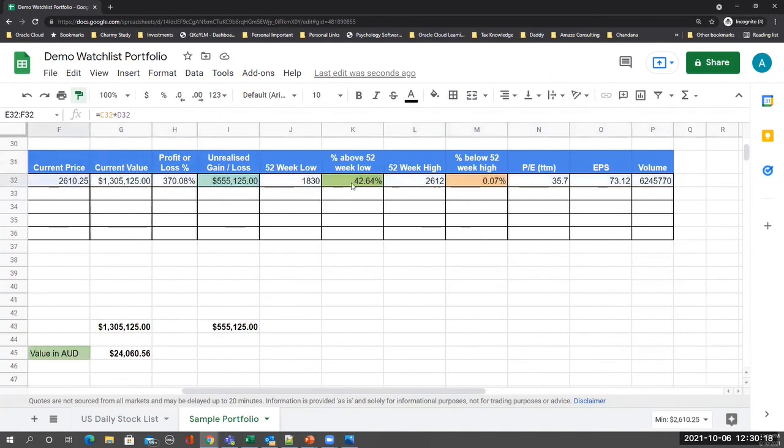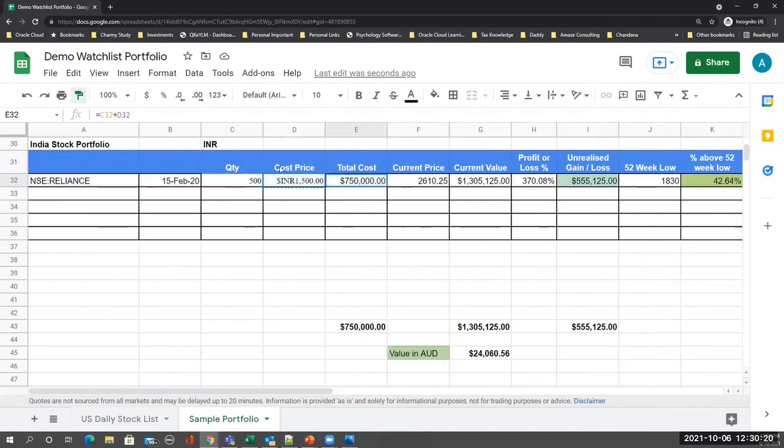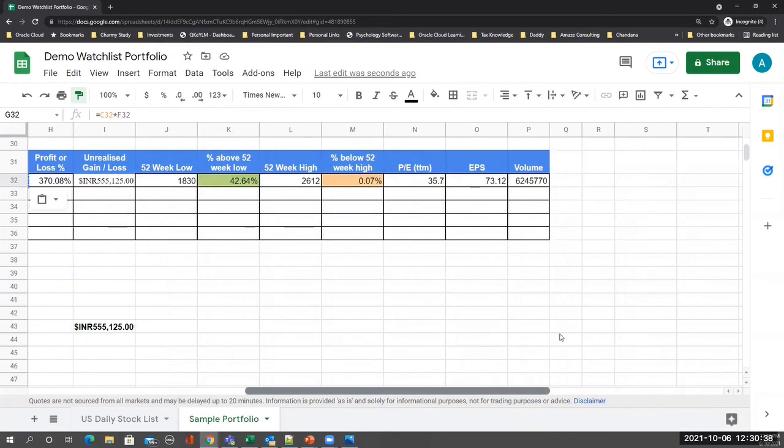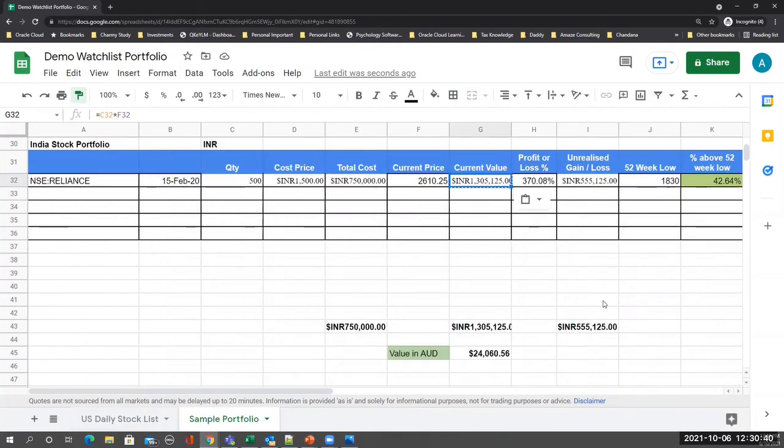Sorry, my apologies. It has to be only selected cells. So again, I'll copy it here and paste it, and copy it here and paste it here, current value, and similarly I'll paste it here. Now this one is fine. So that's it. Your portfolio value you're getting in Indian rupees,